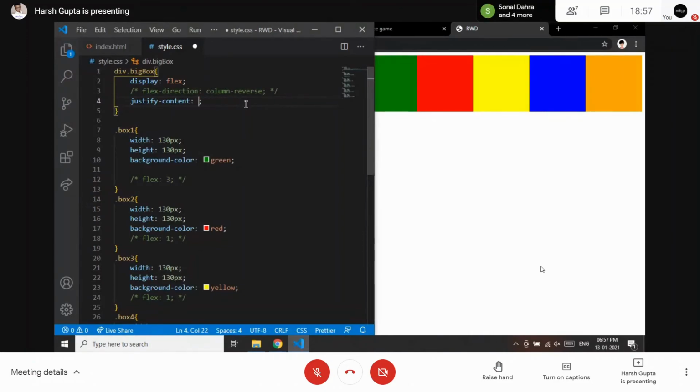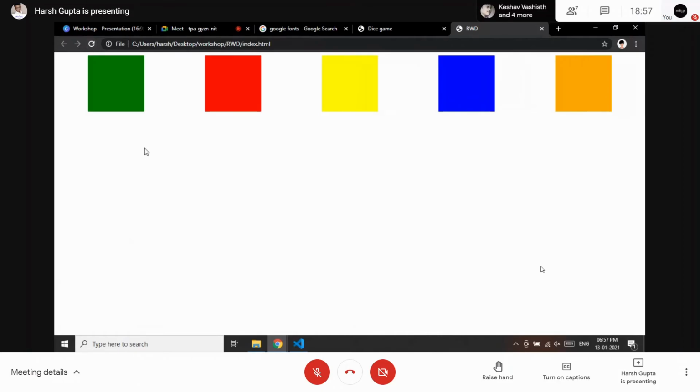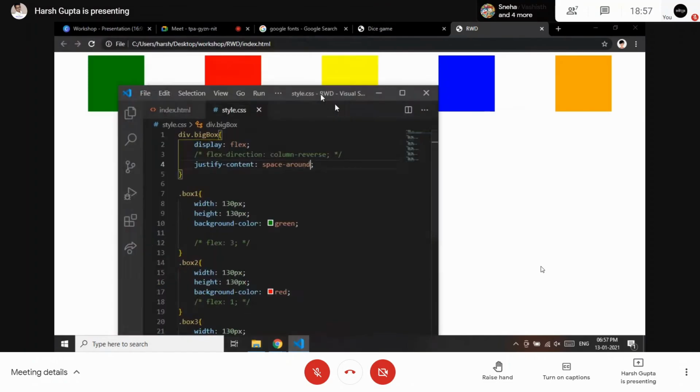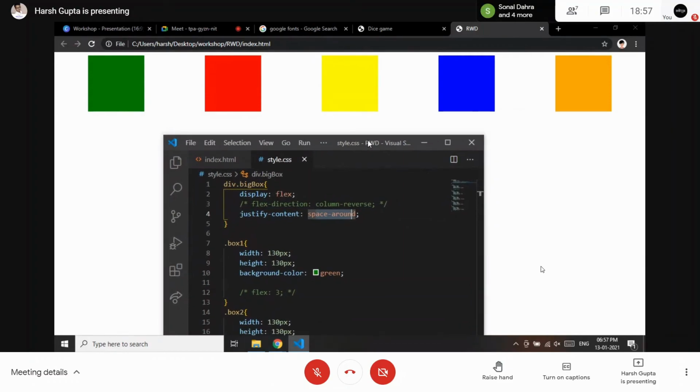Also, if we want to make a certain gap between these contents, another property we have is called space around. It means we need some space around these boxes. Refresh this, and we have these spaces. The property I have given is justify content space around. It makes a little space between these contents. Now if you observe, this is double of this.